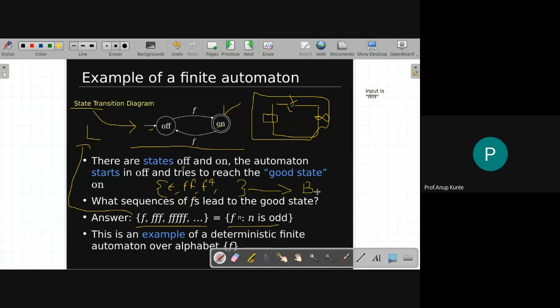The bulb is off. Okay, so this second set that we are looking at, if you look closely, here the length of the string is 0, length of the string is 2, length of the string is 4, length of the string is 6. So all the even length strings we are incorporating in this set. If my problem is to find out the count of flips for which the circuit is open and the bulb is off, right?